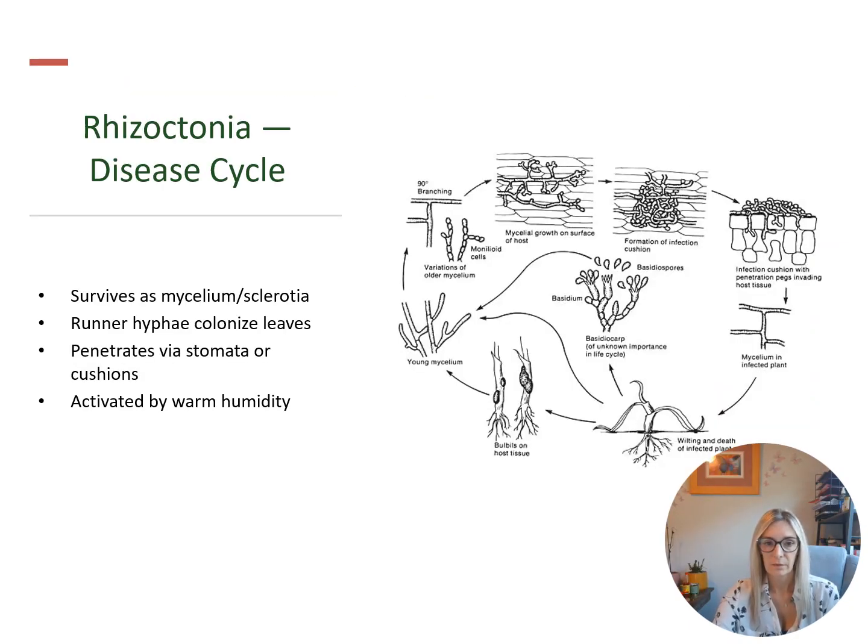This slide shows the disease cycle of Rhizoctonia. It survives in the soil or thatch as either mycelium or sclerotia. When warm and humid weather conditions occur, the fungus becomes active and begins to colonize turf grass surfaces. It first produces runner hyphae that grow along the leaf blade. The fungus then penetrates the host either through stomata or by forming infection cushions, which are dense clusters of hyphae